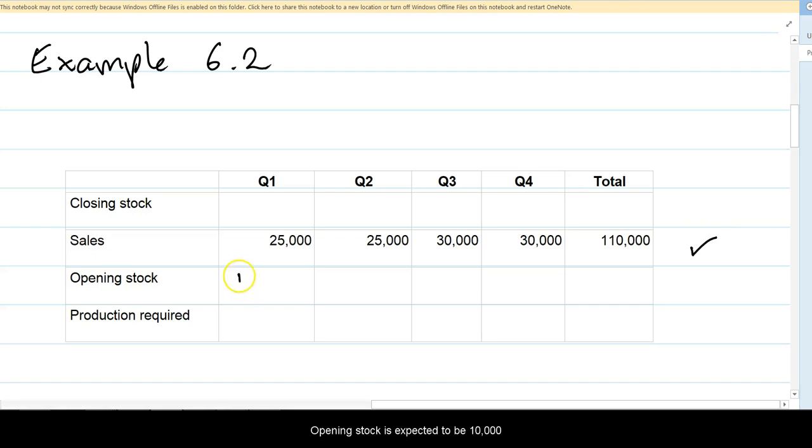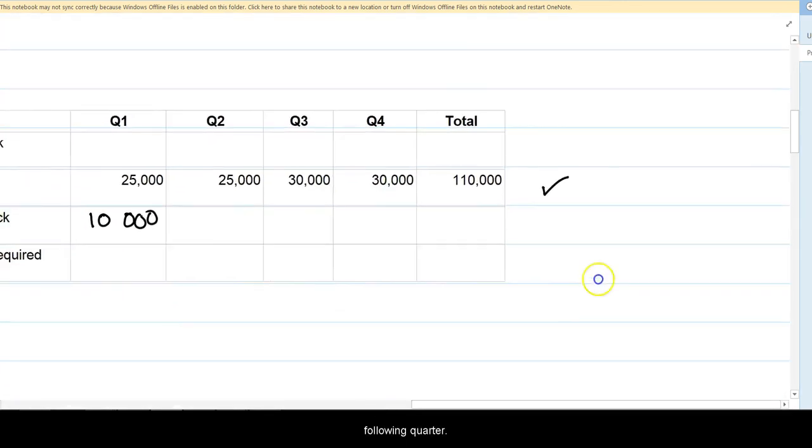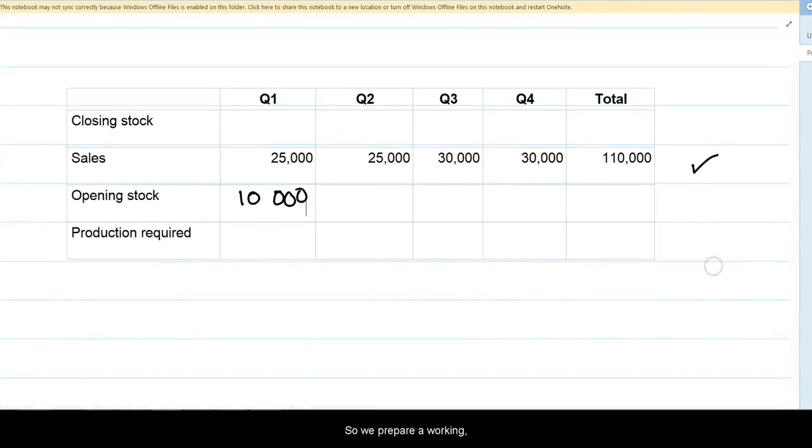Opening stock is expected to be 10,000 units. Closing stock should be 20% of the anticipated sales in the following quarter. So we prepare a working